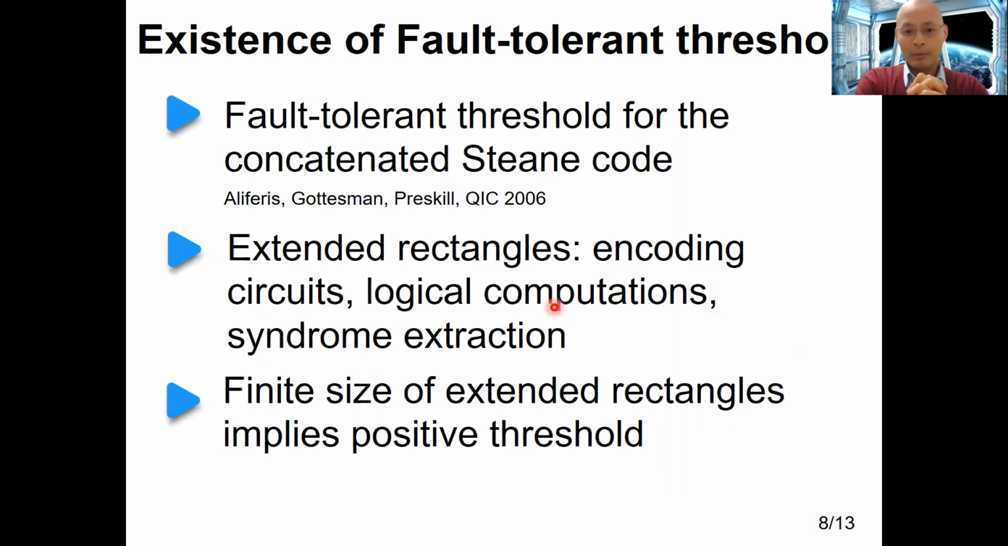So this is great, but what about fault tolerance? Now, if one restricts the underlying stabilizer code to be a fault tolerant stabilizer code, say this fault tolerant Steane code. In the fault tolerant Steane code, one can concatenate the Steane code multiple times and prove that it has a fault-tolerant threshold. And this was done more than a decade ago by Aliferis, Gottesman, and Preskill, using the technique of extended rectangles, where basically